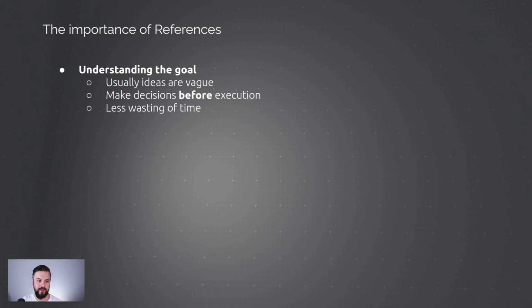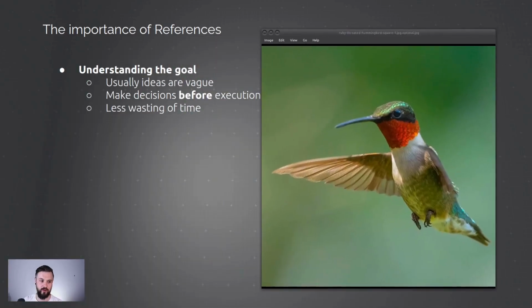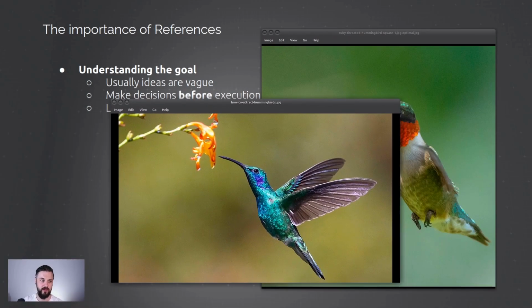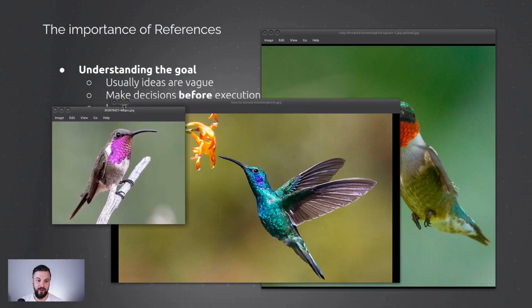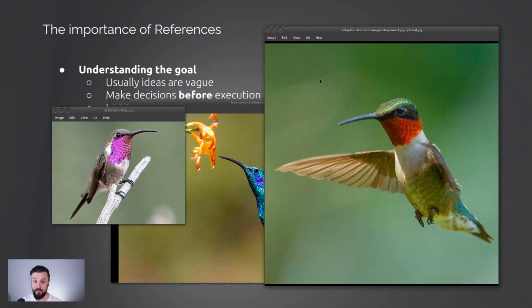And I had this example as well. We were supposed to create a hummingbird. And it's actually pretty hard to pin down what a hummingbird is, because do you want this hummingbird, or this hummingbird, or maybe this hummingbird? So it's not even clear what the goal is if you can't even find an objective definition of a hummingbird. There are all kinds of different hummingbirds, and everybody might have a different idea what that means.